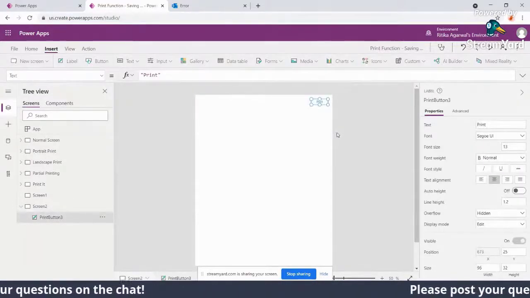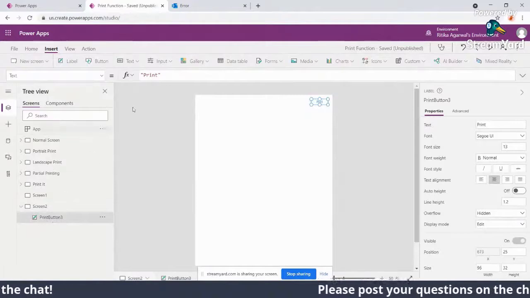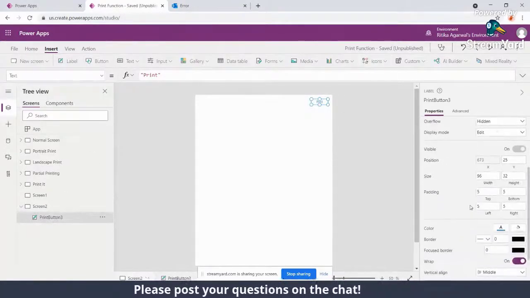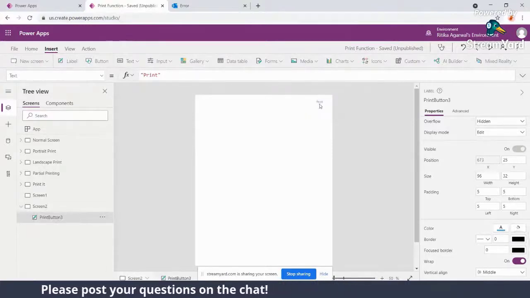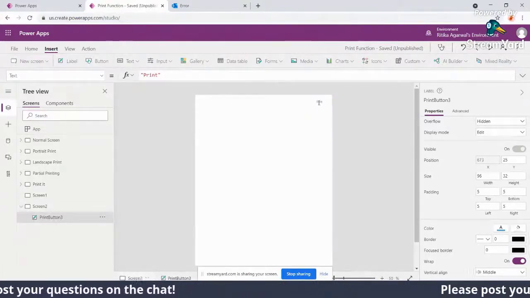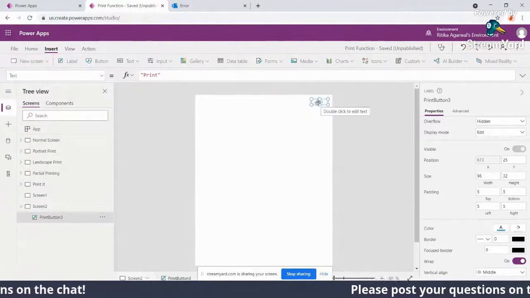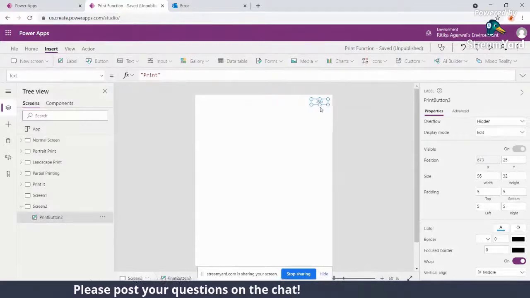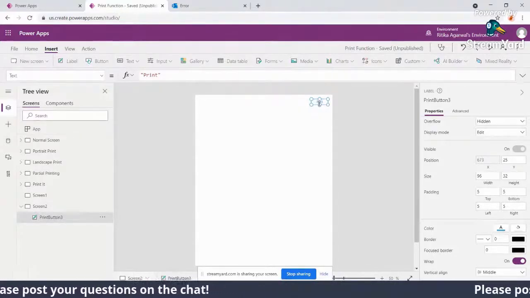Now if you look at this print option here, it's not something which is very different. It is just a button, but they have changed the colors a little bit, so that when you hover over it, it doesn't show you a background color and all that. But basically it's a button, and the screen that comes when you create it is of a specific size, and then there is a button on top of it.